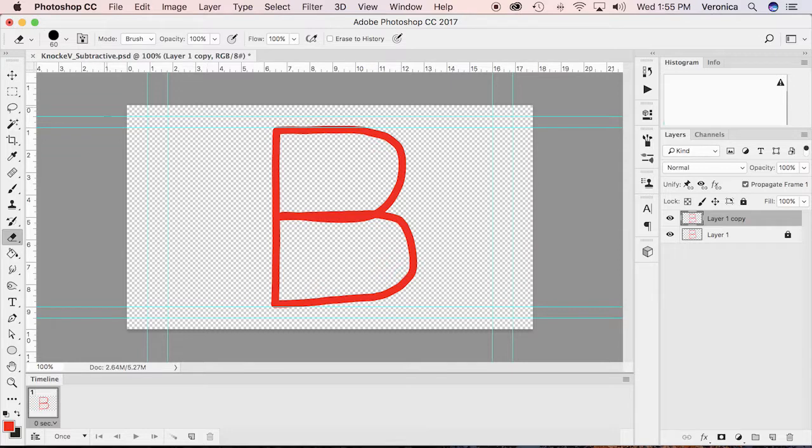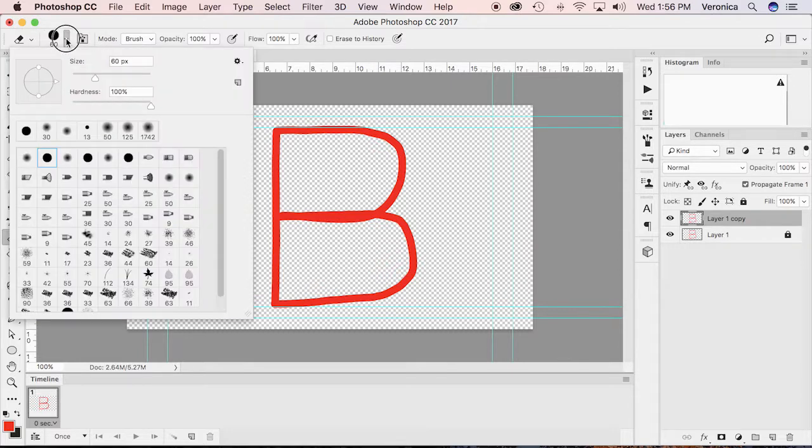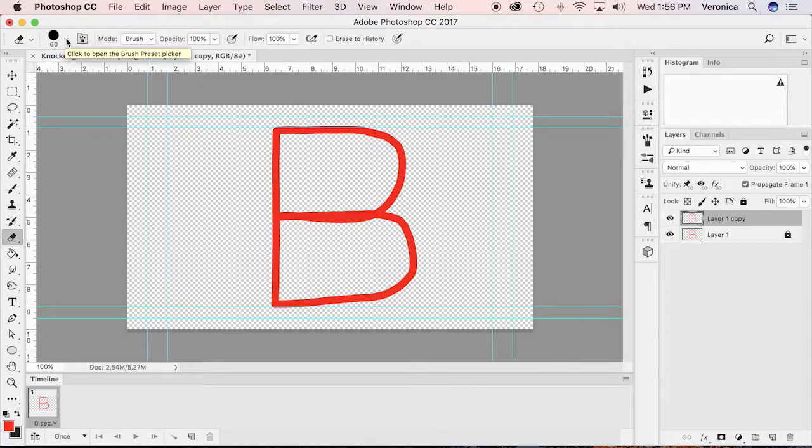And now I've got an eraser, and I'm going to look to see it's a size 60, which is probably a good idea. If it's larger than the brush, then you'll make sure you're going to erase enough of it so you don't have edges. So I'm going to come to a part, and let's see, when I finished for the A, it was on the right hand side, and I finished drawing the B over here. So I'm going to start by erasing here. I'm going to erase some,